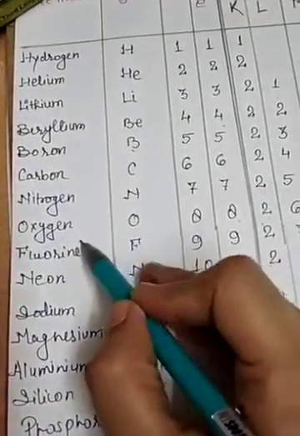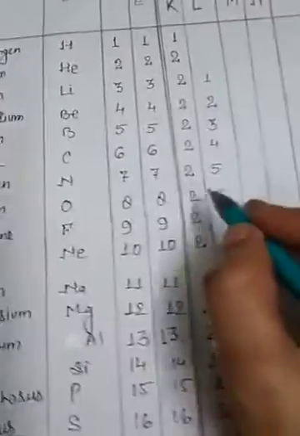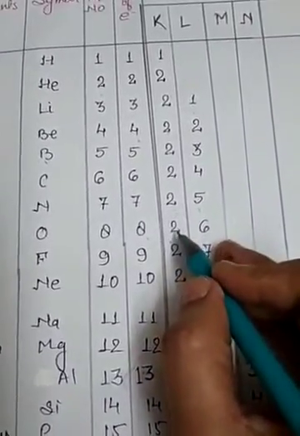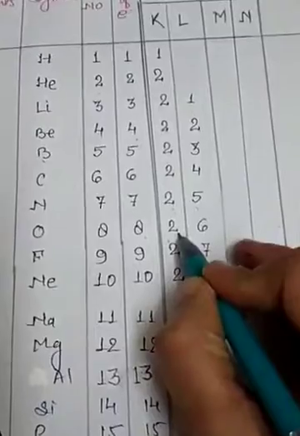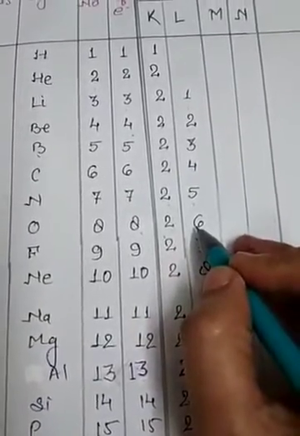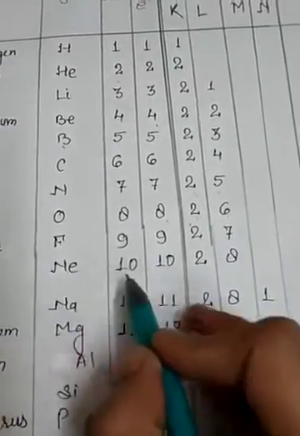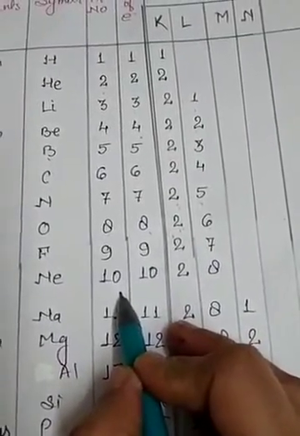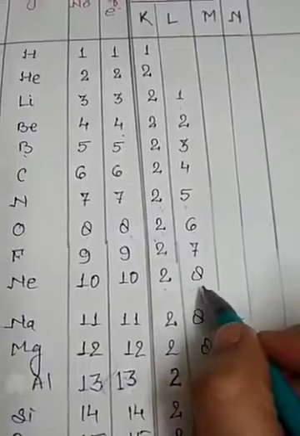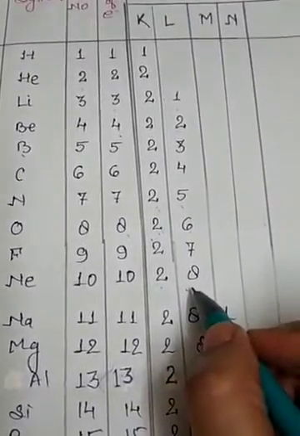Similarly, in case of oxygen, whose atomic number is 8, the first shell, the K shell, occupies 2 electrons and the remaining 6 electrons go to the L shell. 2, 6, 8 completed. Neon has atomic number 10, and the number of electrons will also be 10. So in the first shell, we will place 2 electrons and the remaining 8 electrons will go to the L shell. Here you can see the maximum number of electrons L can have is 8. Okay. So 2, 8, 10.